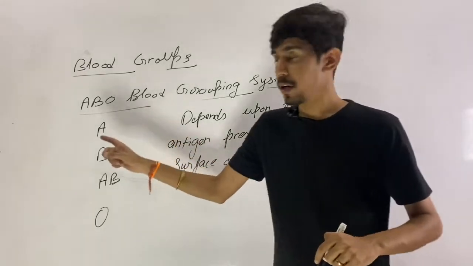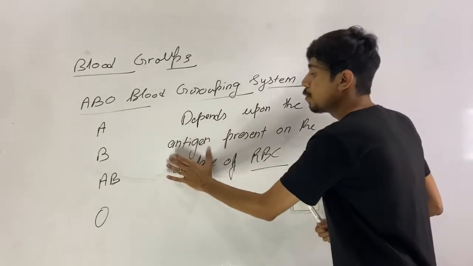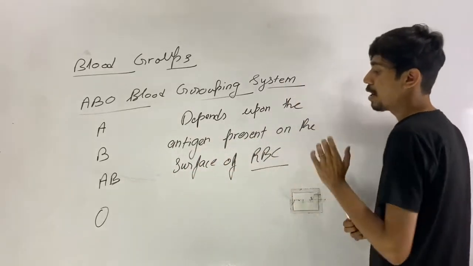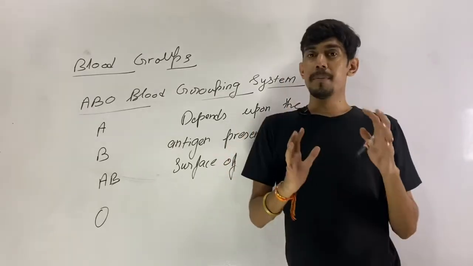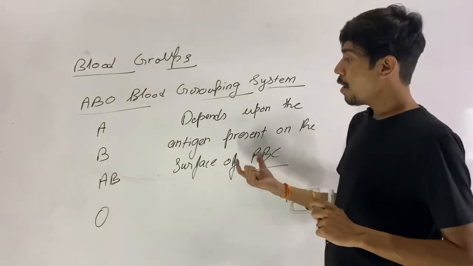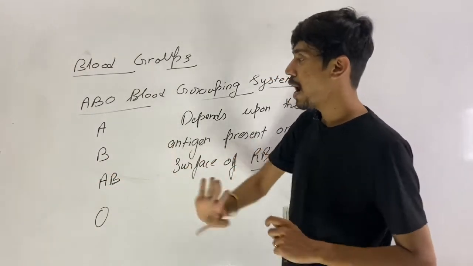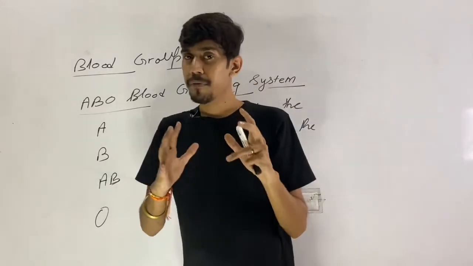So how is the blood group decided? It is decided by the antigen which is present on the surface of RBC. Red blood cells, as you all know, RBCs, are one of the formed elements in the blood. Now this antigen is present on the surface of RBC, and the RBCs have different antigens